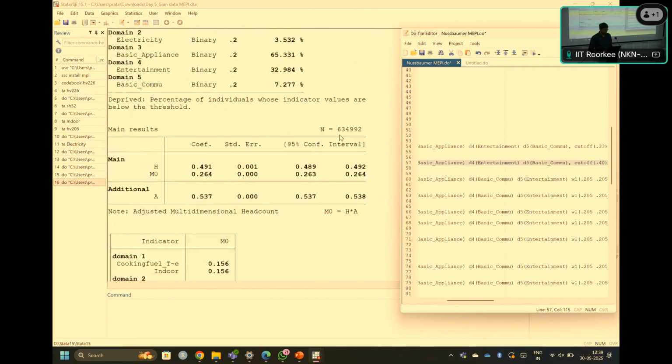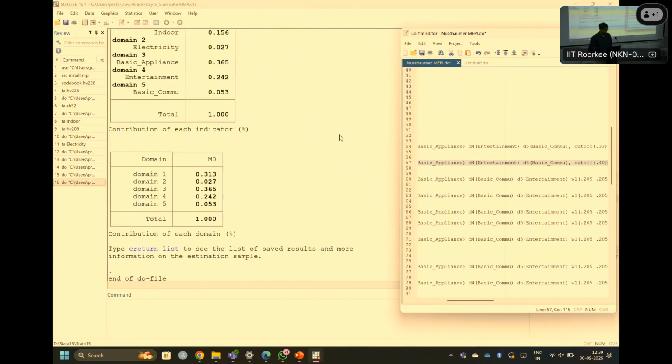This is closely connected only because of the large sample size. If the sample were small, then the variation would be more. When your sample size is large, and because the indicators we have taken are more or less the same, like electricity, they are having the same response. 90% of the responses are the same.